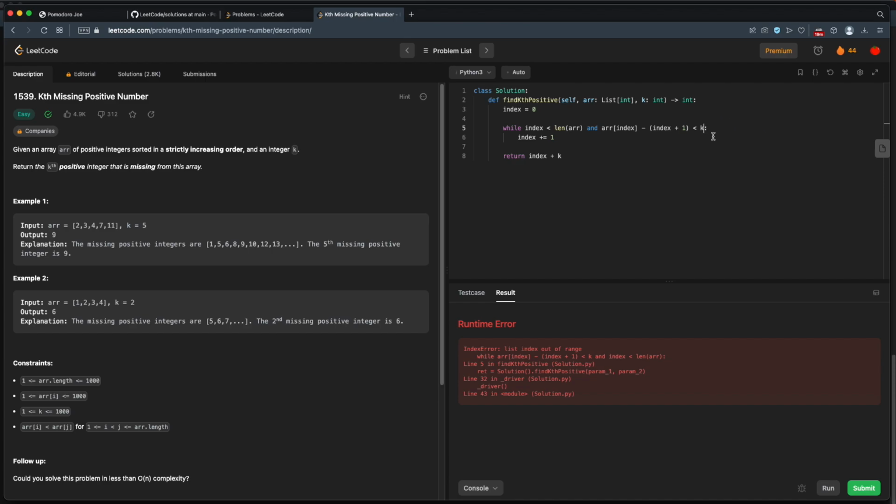So just to be clear, I'll point that out. In this case, we're checking the index first. If this succeeds, then we can check this second condition. If this fails, then we don't even bother checking the second condition, and we can avoid essentially an out of